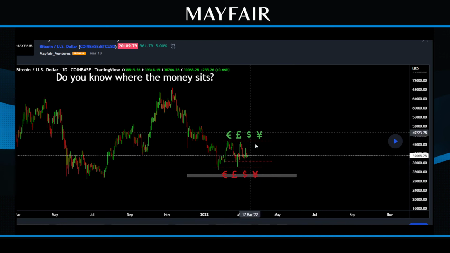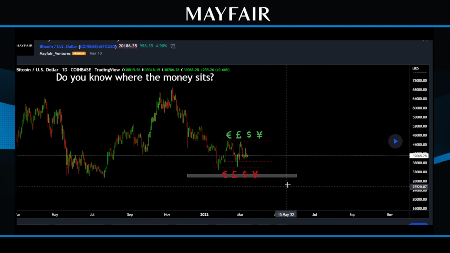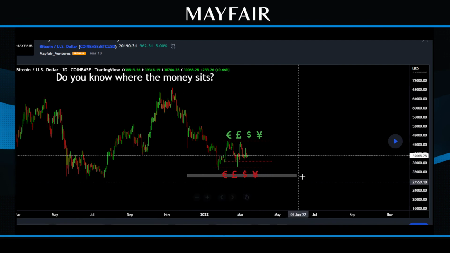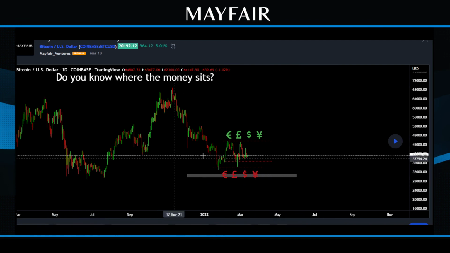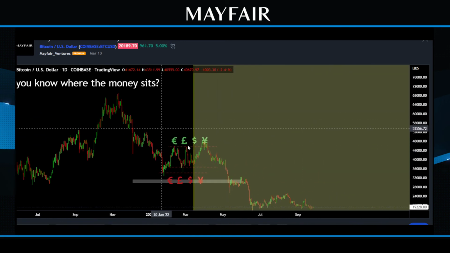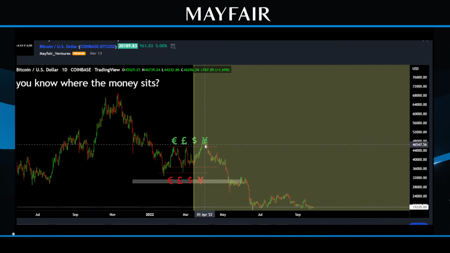Now at this point, you're not trying to call where it goes from here. You're basically saying, hey, this could go up, this could go down. This is where the area of interest is in terms of the previous auction areas, right? So playing that forward, we moved obviously into liquidity, tagged liquidity, grabbed that liquidity.